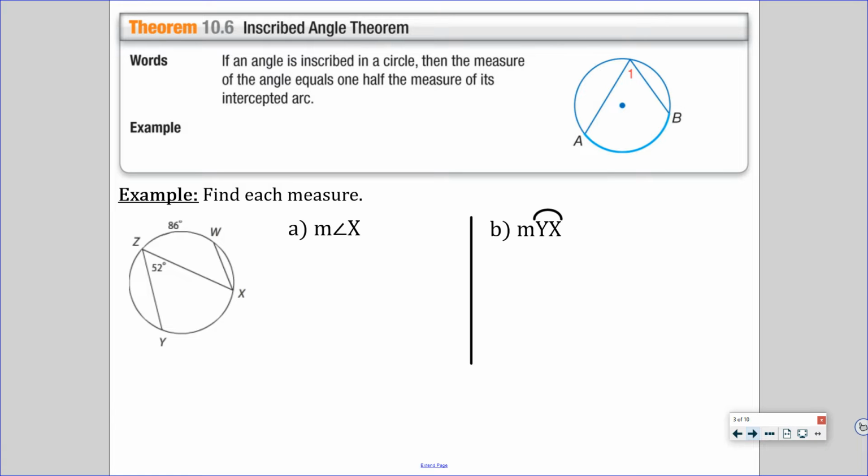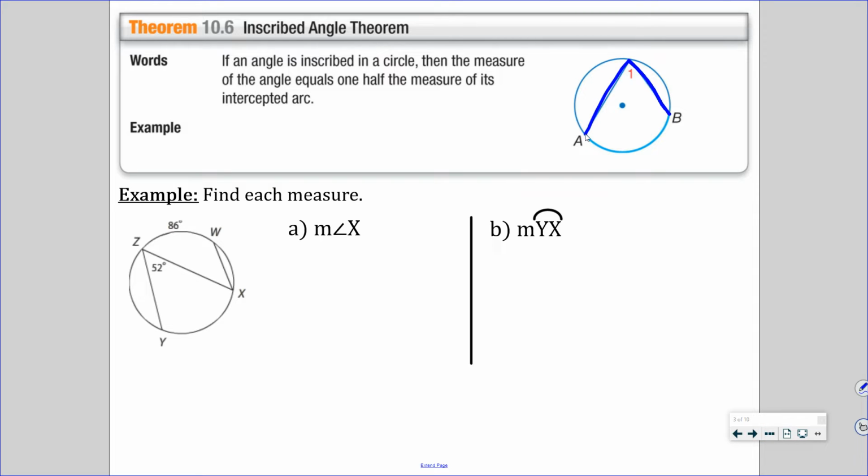We basically have 4 theorems we're going to talk about today. Here's the first one. If an angle is inscribed in a circle, we just talked about what that means, then the measure of that angle is exactly 1/2 the measure of the intercepted arc that it forms. Okay, so in this picture right here,